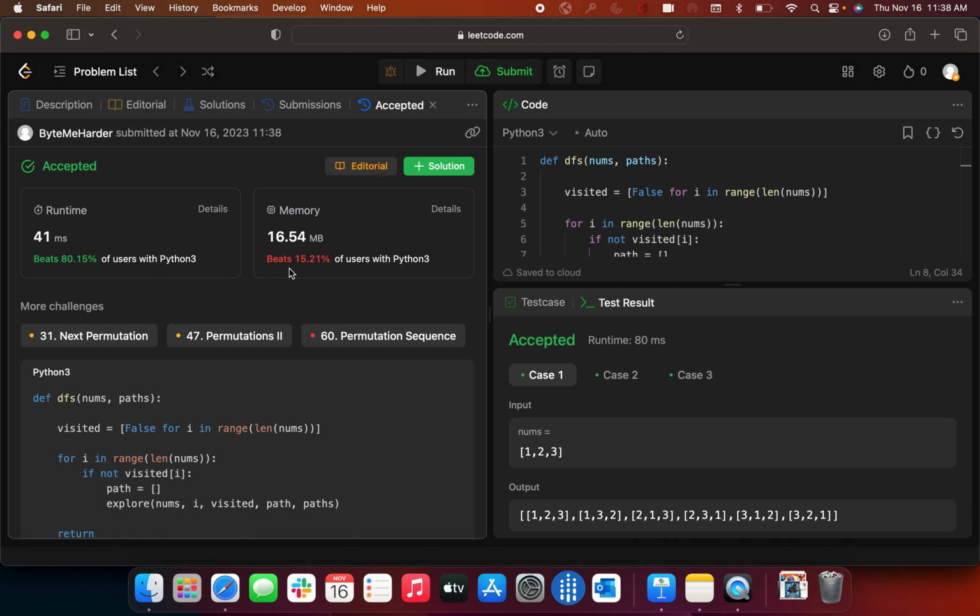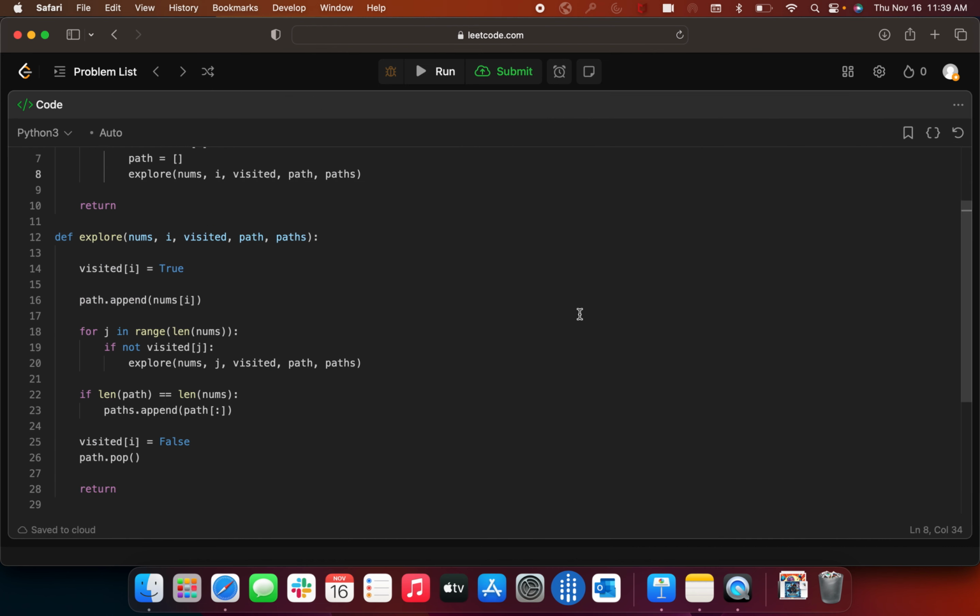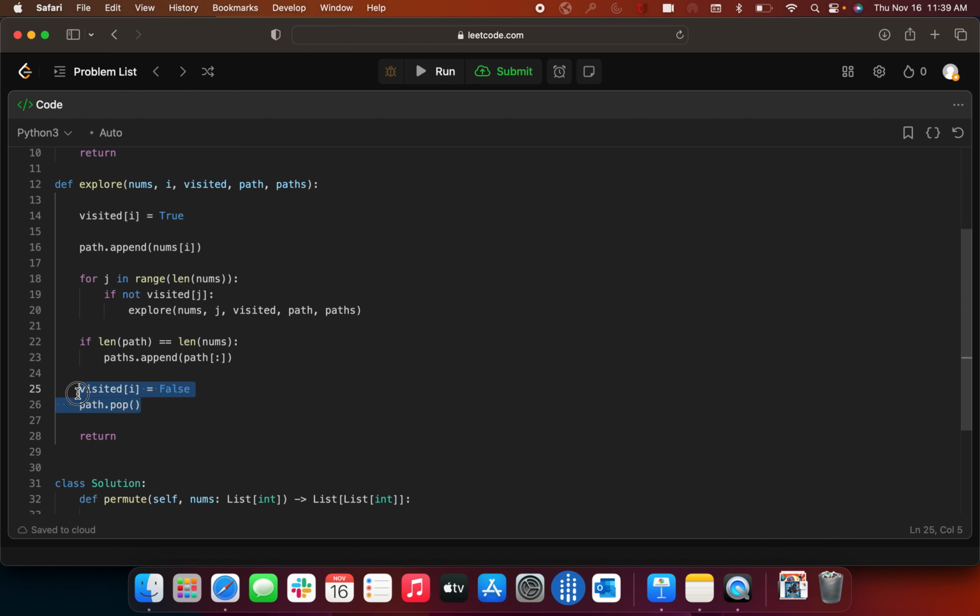And it might be a good idea to know this approach anyways, where basically we unvisit a node after it's been fully explored, because this is a common way to find all paths in a graph, and you'll likely need that in other kinds of LeetCode problems that are like find a word in a matrix, things like that. So yeah,